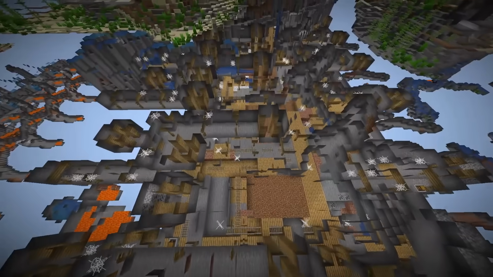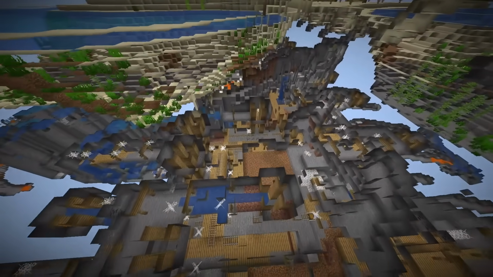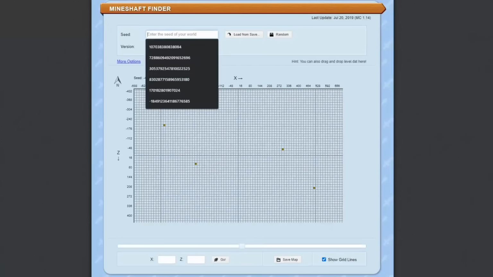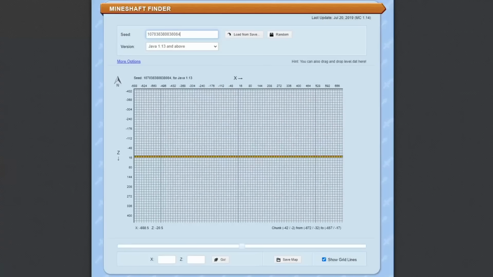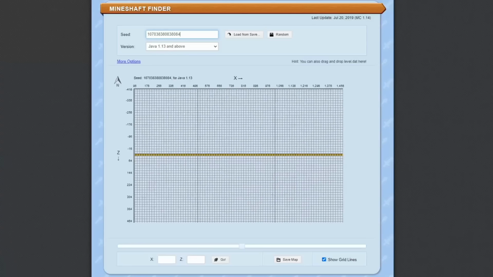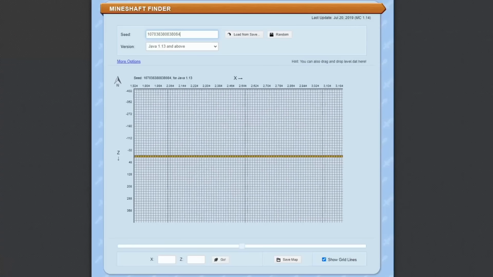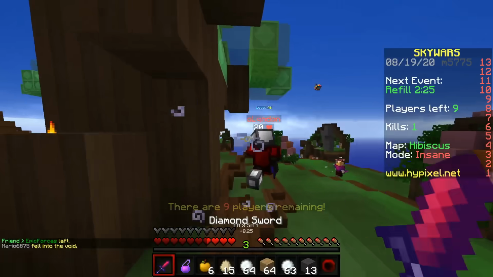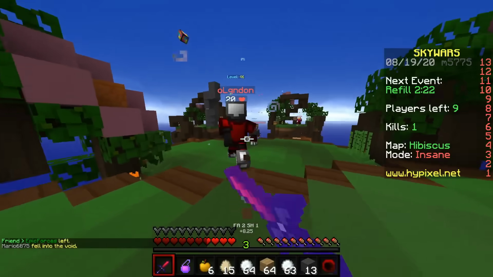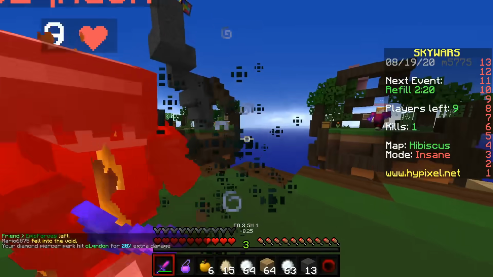We can confirm this by going to Mineshaft Finder, an outlet of this really useful website, and plugging our world seed in. As we've seen, we can confirm this mineshaft stretches infinitely in both directions along 0, z to the world border in both x's. And it's the only mineshaft in the entire world, which I think is super cool and really weird.